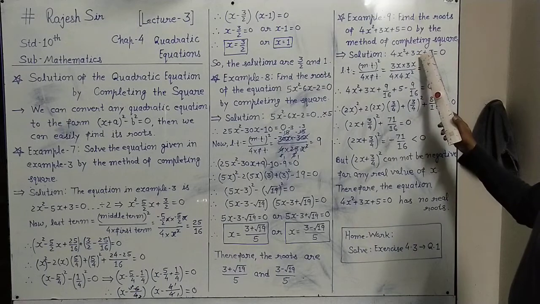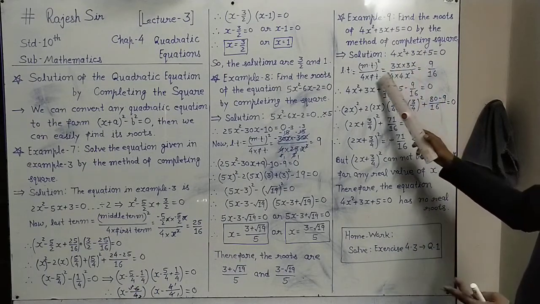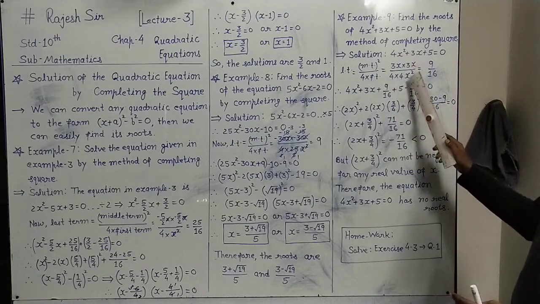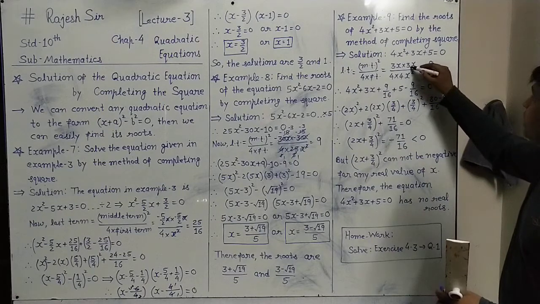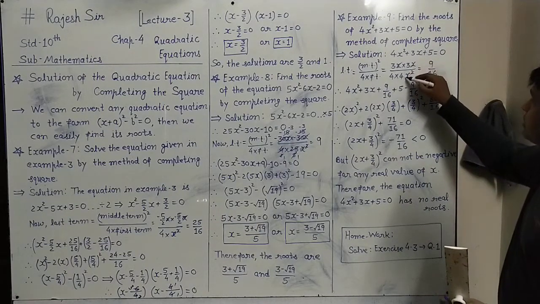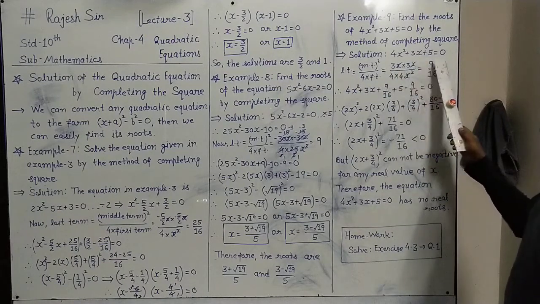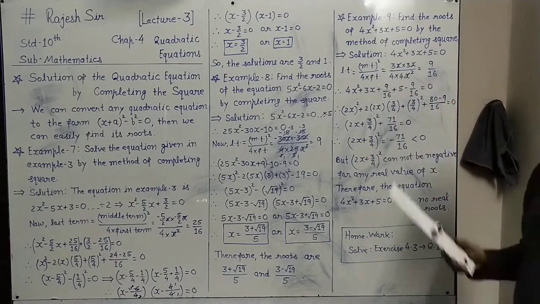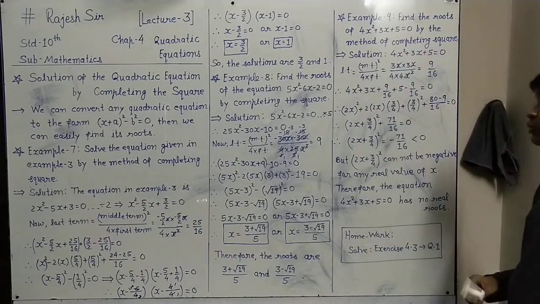The middle term is 3x, the square means 3x into 3x, you write it 2 times, and down there 4 into the first term is 4x². Here also cancellations are like this: one x cancels this way and the second x cancels this way, and the known numbers are cancelled. So up there 3 3s are 9 and down there 4 4s are 16. 9 upon 16 is the last term of this trinomial.